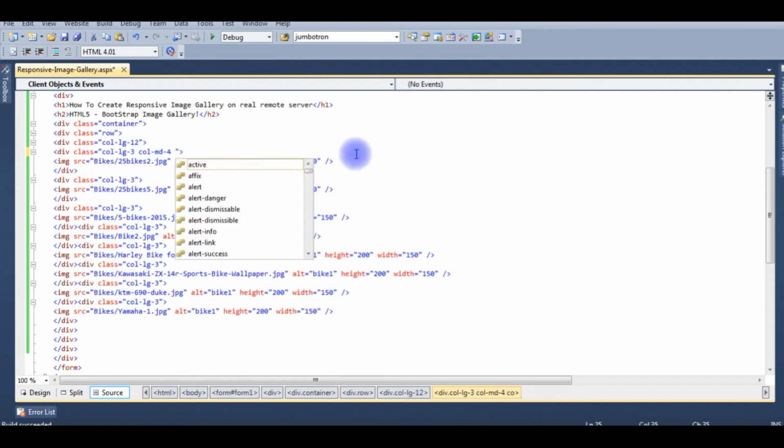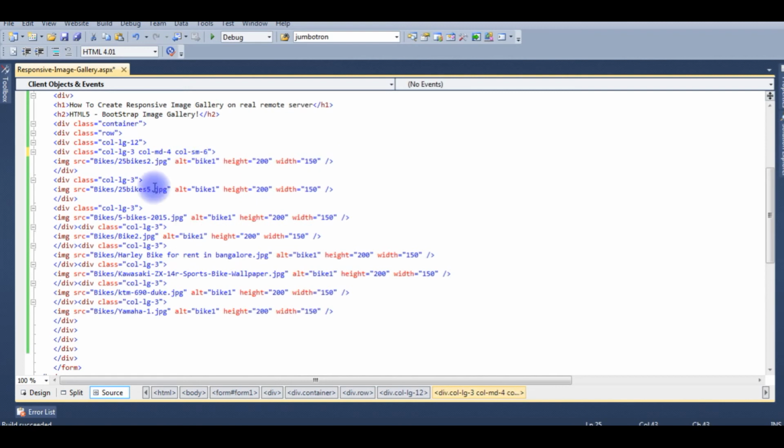Yes. Now we have to set for small devices. Col-sm-6. After adding the classes large, medium and small, copy all these classes and paste on every div class which contains the images.